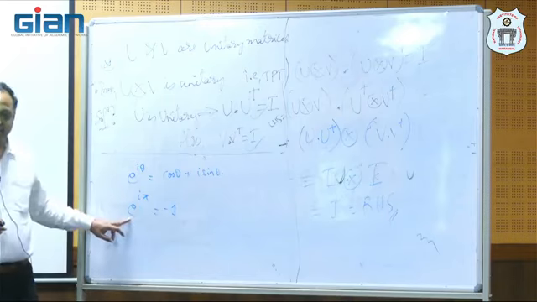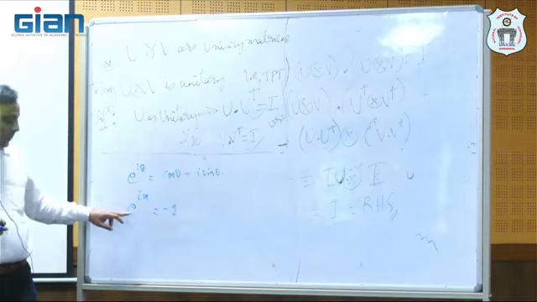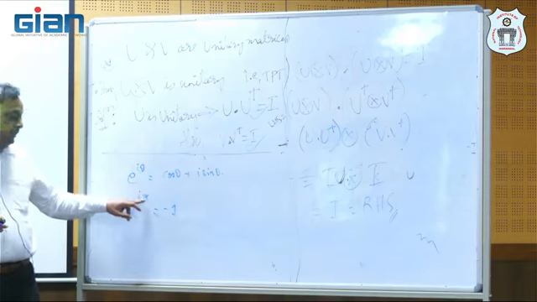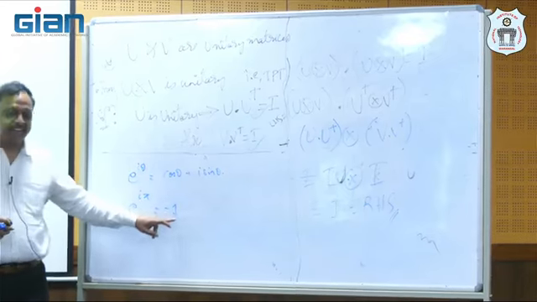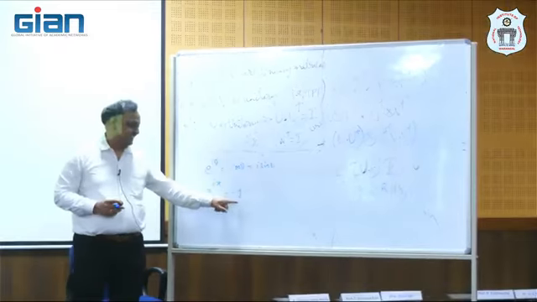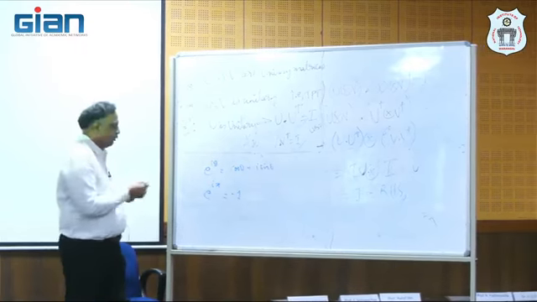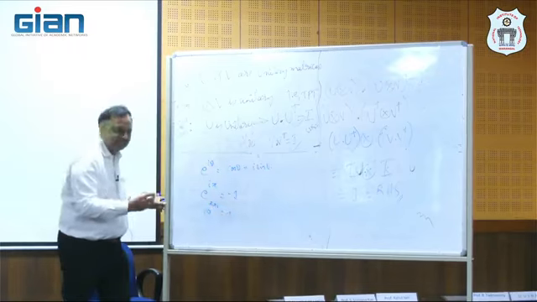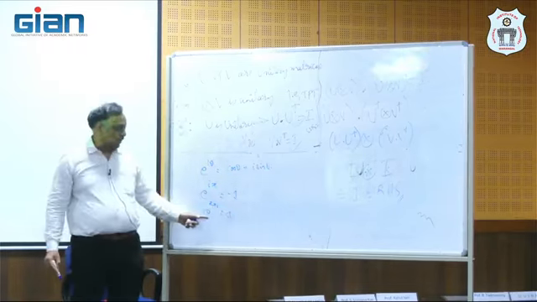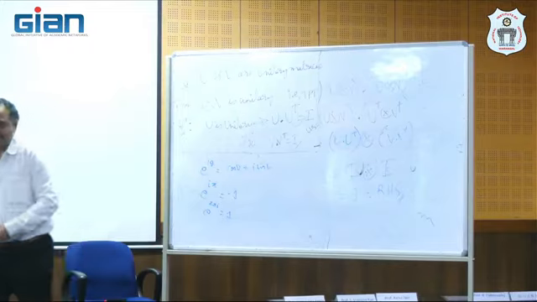e is a real number, it's not rational. Pi is an irrational number. i is an imaginary number. You combine all this, what do you get? Simply an integer even: e to the 2 pi i is 1. You combine so many complicated numbers and you get a very simple number. Correct? Anyway,